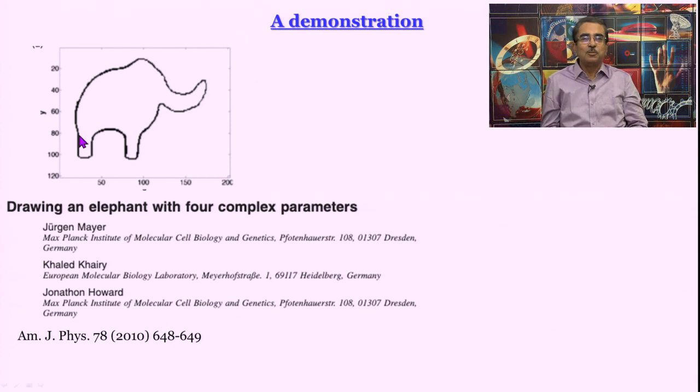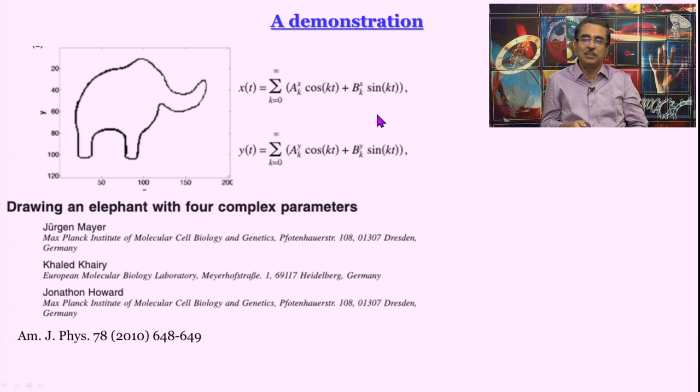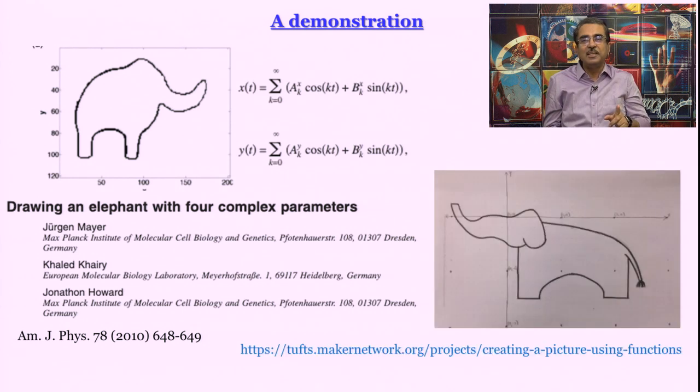How was this generated? So, it is a plot. What these guys did was that they expressed x and y in terms of some parameter t, which they call time, and so they decided some value of time t. For that they worked out x and y. So, for that they got this function, alright. For more detail feel free to read this paper, it is available freely on the internet. So, what I am trying to show is, who would think that you can generate an elephant using some functions? Actually you can, and the elephant does not have to be as rudimentary as this one. You can draw a better elephant also.